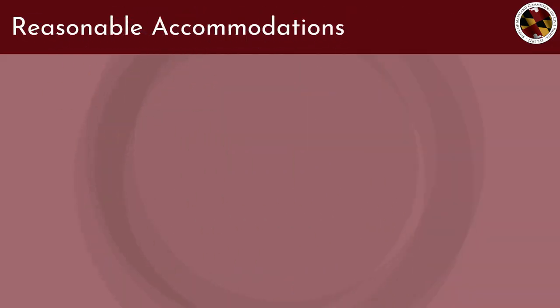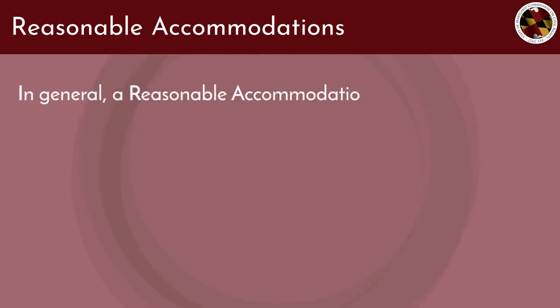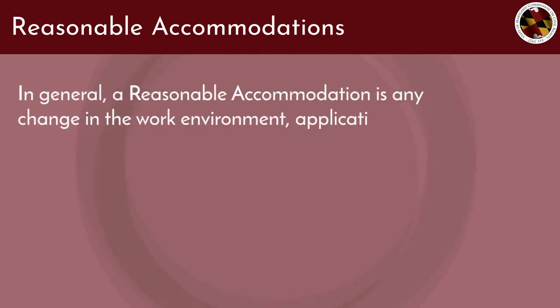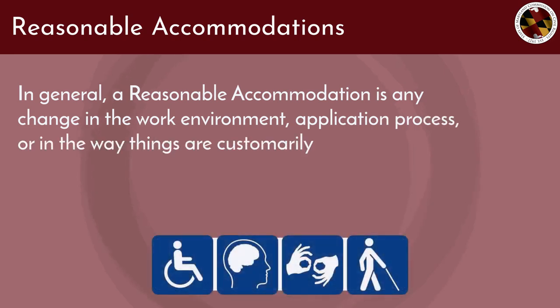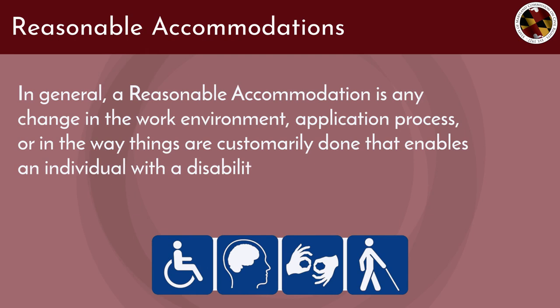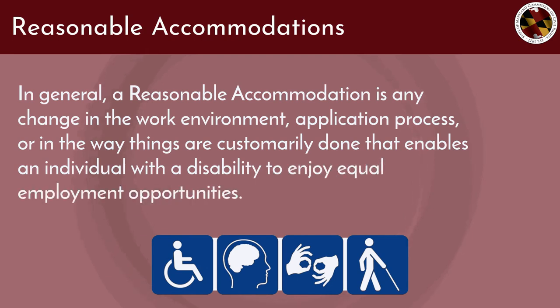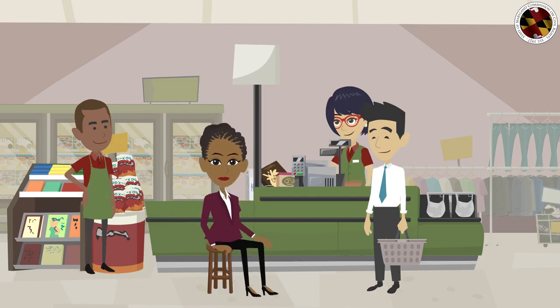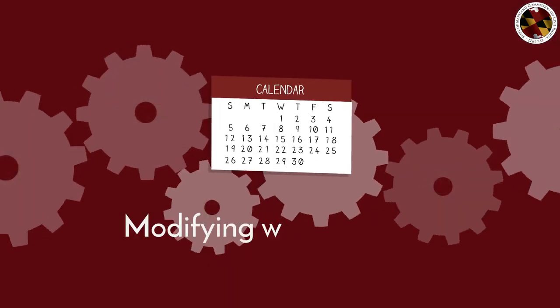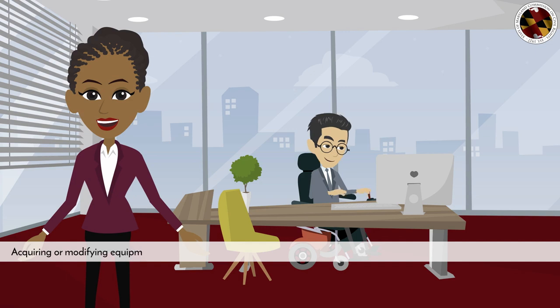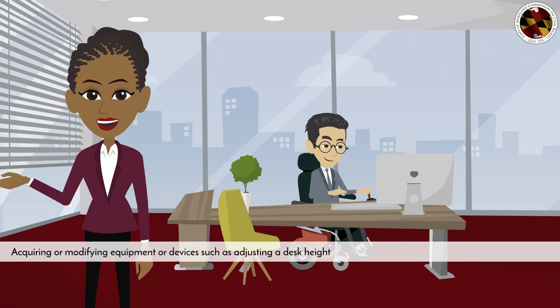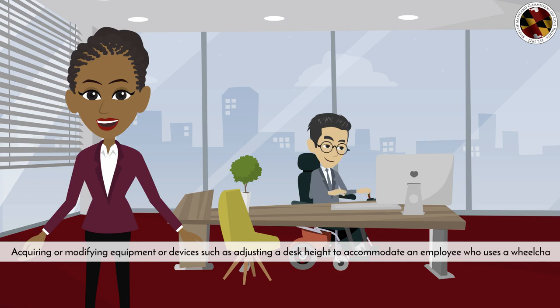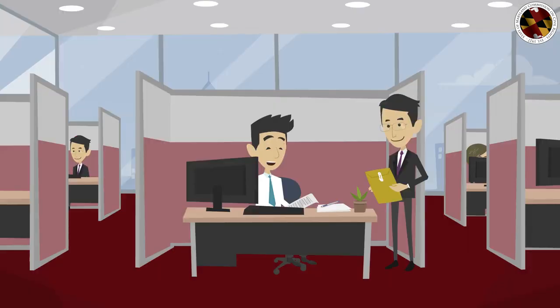Reasonable accommodations. In general, a reasonable accommodation is any change in the work environment, application process, or in the way things are customarily done that enables an individual with a disability to enjoy equal employment opportunities. Examples of reasonable accommodations may include job restructuring, such as altering when and or how an essential function of a job is performed, modifying work schedules, acquiring or modifying equipment or devices, such as adjusting a desk height to accommodate an employee who uses a wheelchair, adjusting or modifying tests and training materials,